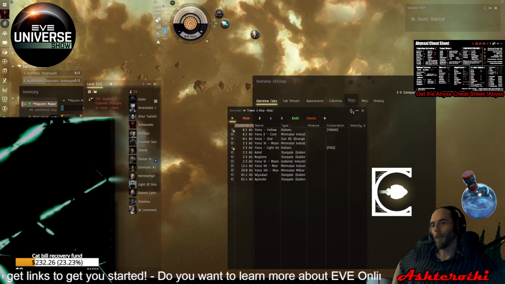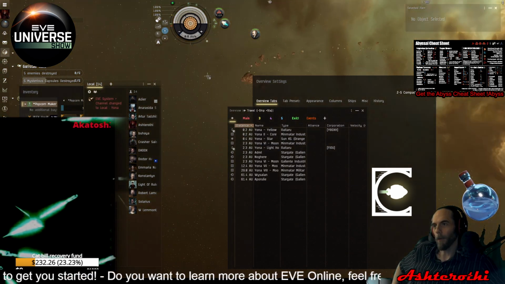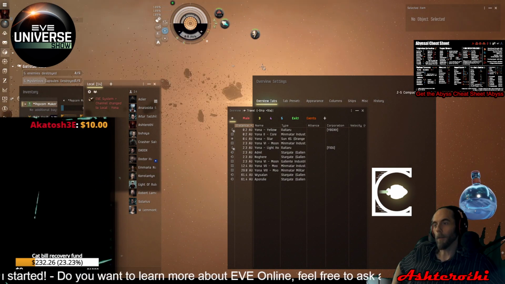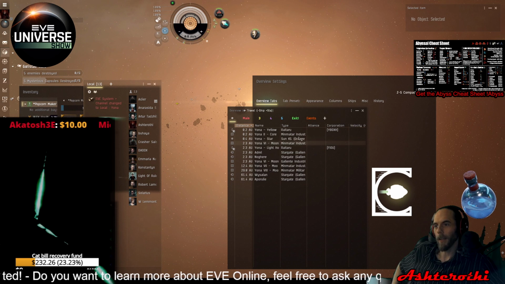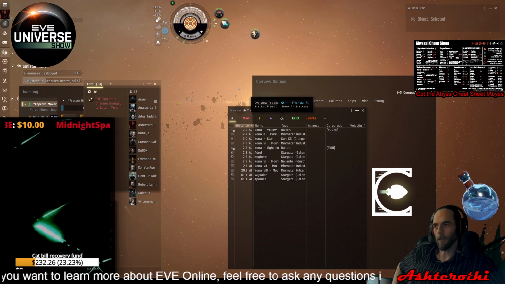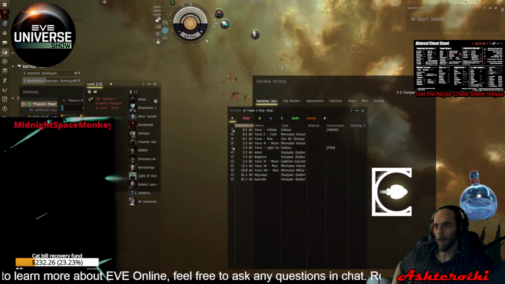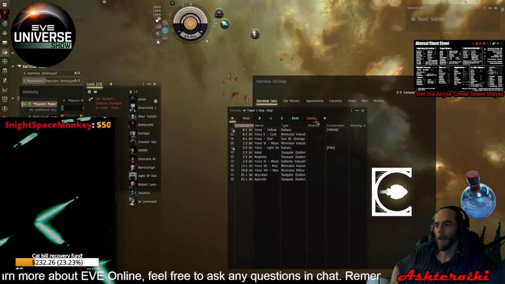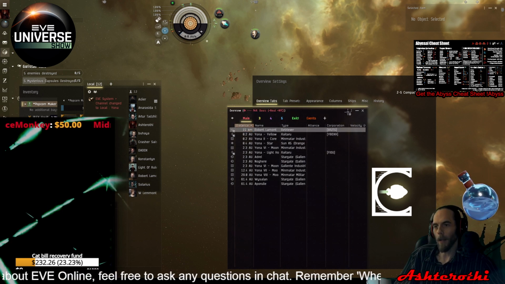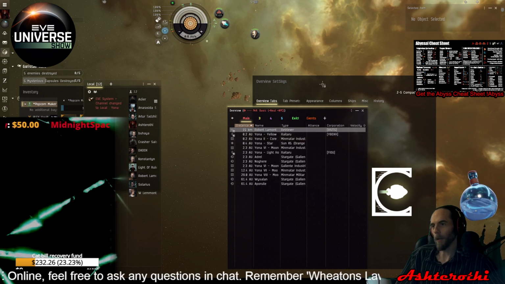I like to show all brackets because it shows everything in space. That way you can interact with it. Often, if you jump into the Abyss and you don't have your profile set up correctly, you're not showing all brackets, you won't even see the rats on field because there won't be a little indicator in space. You'd have to see literally the ship flying around, which is a little tricky. So show all brackets all the time, all the places. I don't know why it's being weird here, but